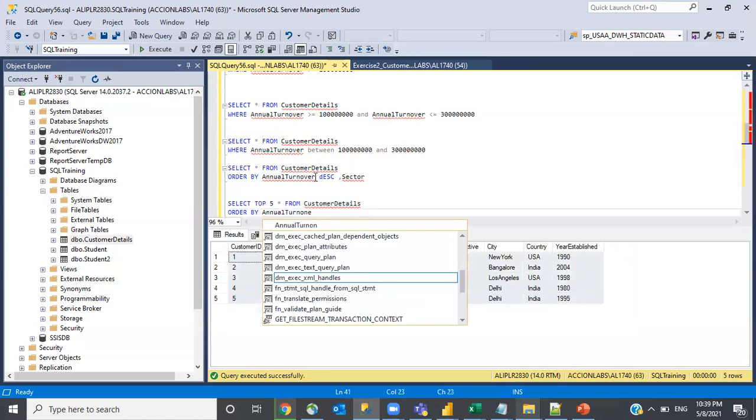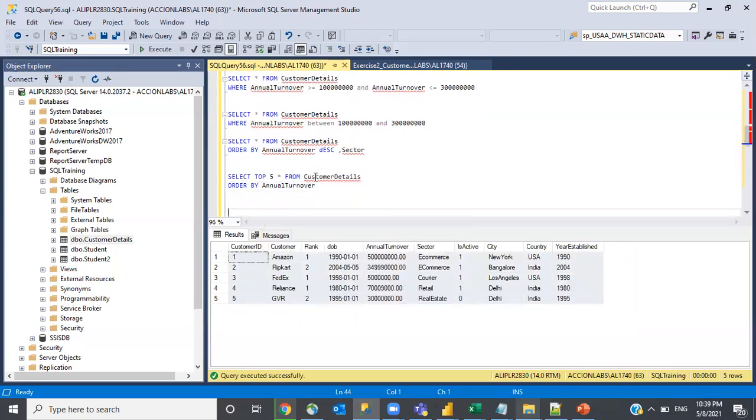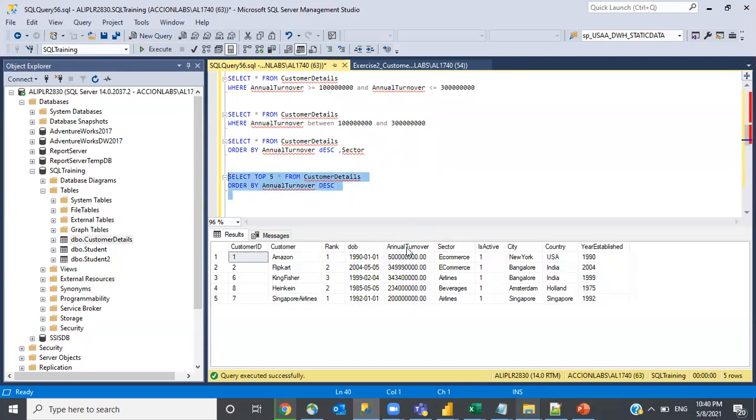annual turnover. So what it will do here is, first it will sort this column. Based on this column, the data will be sorted, and out of that sorted data, it will show the top five. So let's go and see how it is. I'm mentioning it as descending. Execute. Now you see it is showing only the top five with highest sales. These are the customers having the highest sales, the top five customers. So like this, you can use the TOP five.